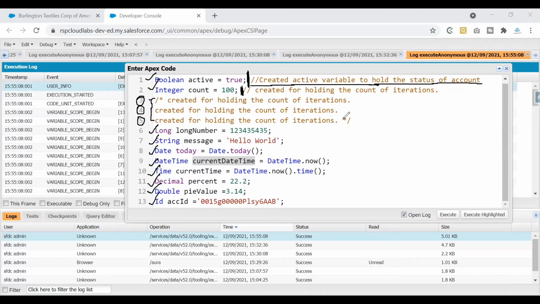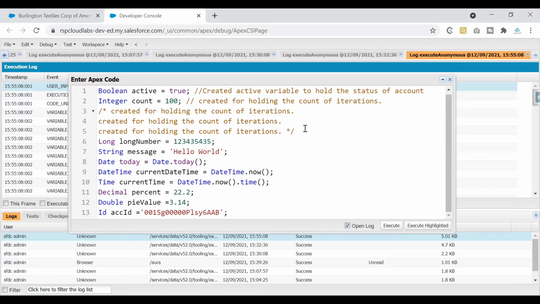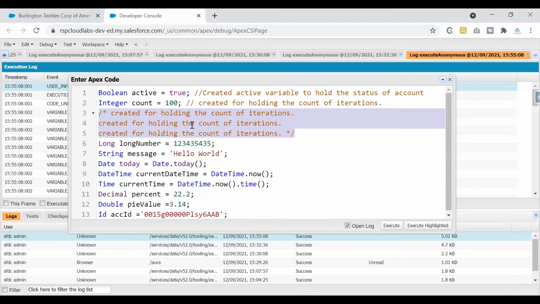So this is how you can make use of commenting to add information for other developers when you're writing your programming. This is quite important, as it would increase the readability of your code. It is an optional thing. Even if you do not write any comments, the code would be executed, but adding comments is a best practice. That way the other developers would understand what exactly this piece of code is doing. Always make sure that you're adding the right comments so that the information is useful.